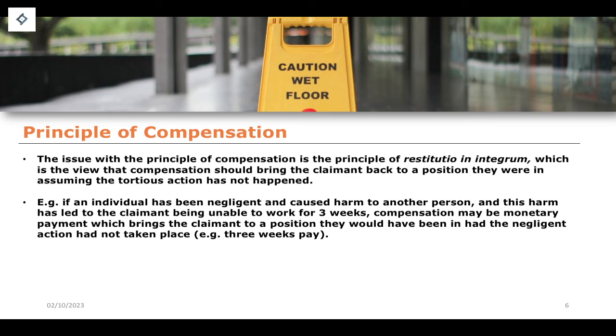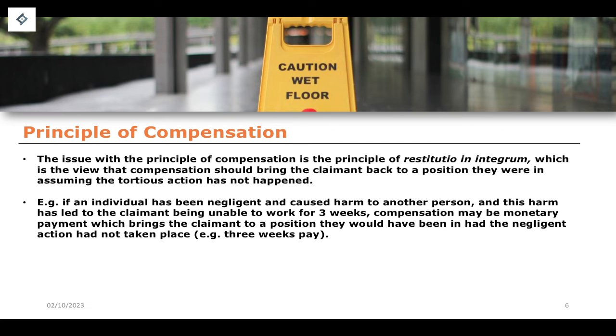And this harm and this injury means that you have been unable to work for, let's say, 3 weeks. Now, the compensation may be monetary payment, and the amount may be calculated on the basis of, okay, well, if you hadn't had this injury, you would have been at work for these last 3 weeks, so we'll give you 3 weeks' worth of pay, or you will get 3 weeks' worth of pay as damages,